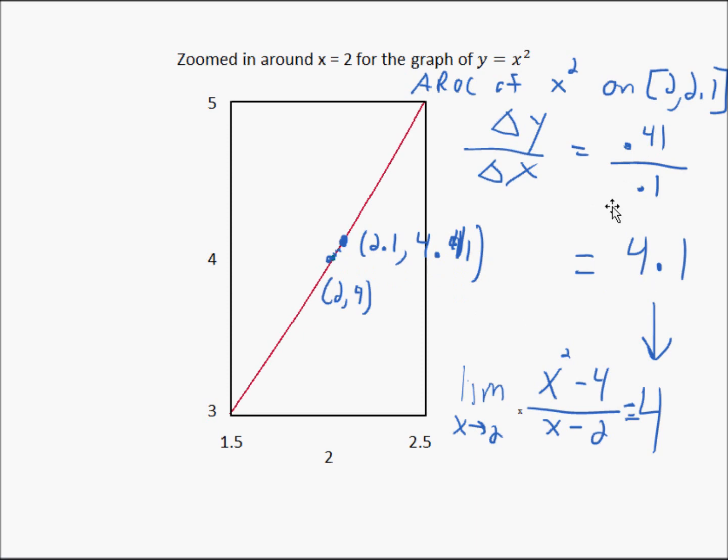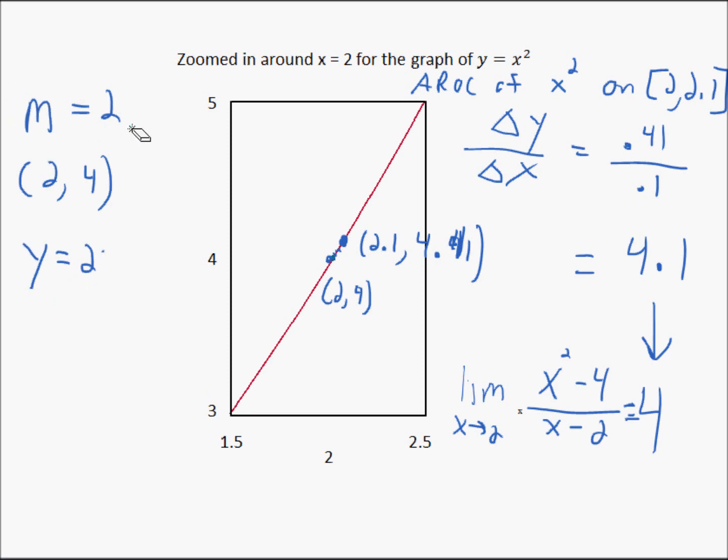We got 4.1 when we did this average rate of change on this interval. And I'm telling you, if you zoomed in further and further, you'd find the average rate of change was approaching 4 as your second x value approached 2. So our line has a slope of 4. The line that we're interested in here has to go through the point 2, 4. Well, if you find the equation of that line, you get,